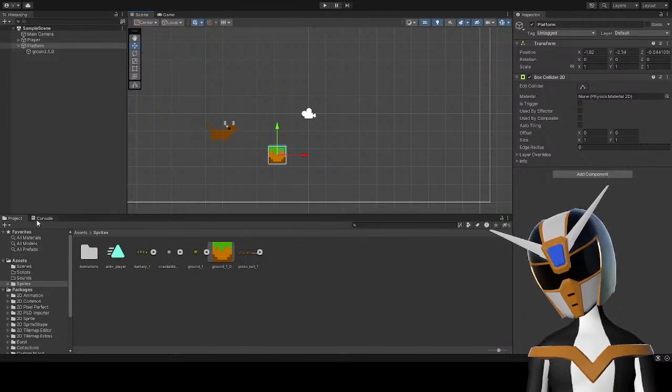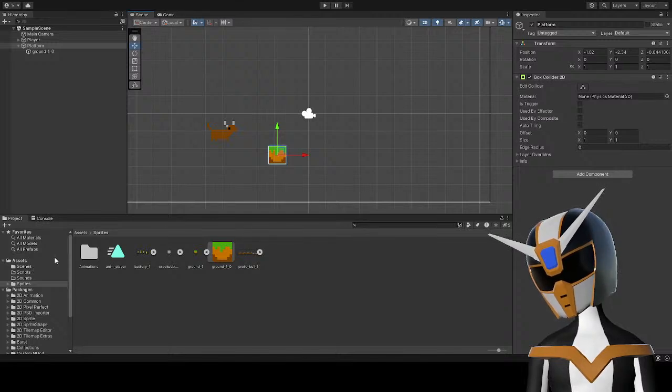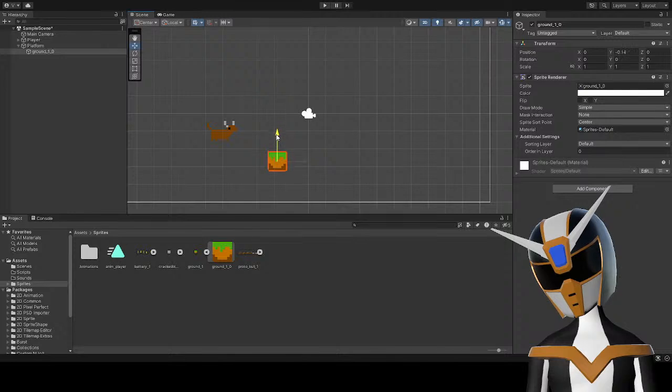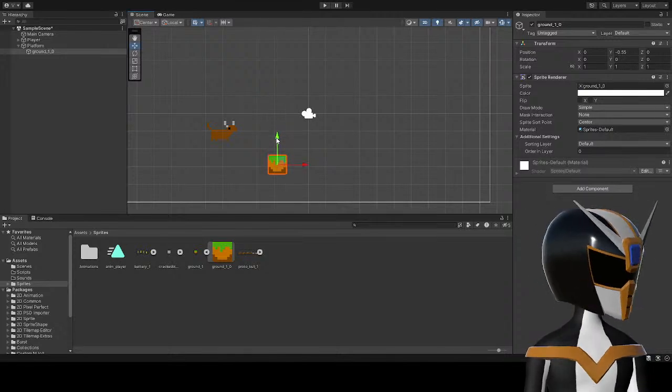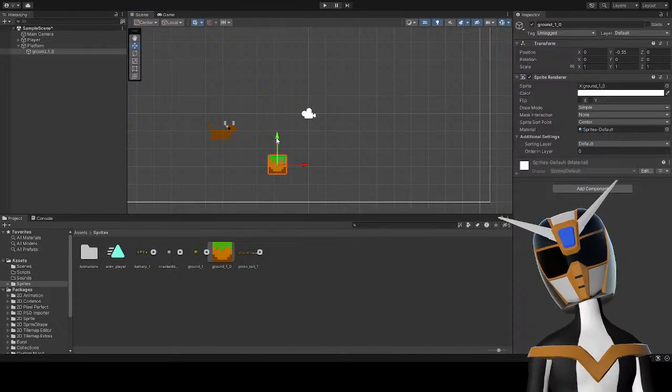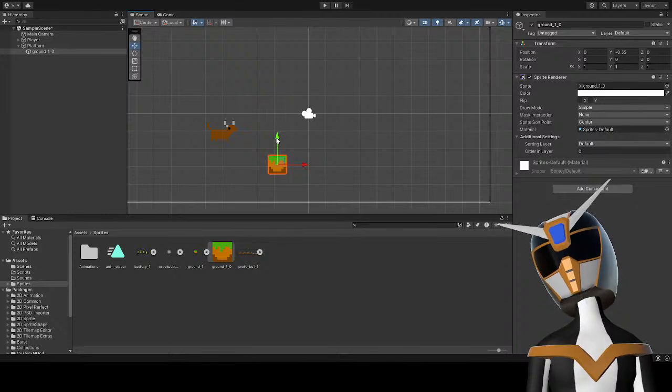Now I need a player movement script. Get things moving. Actually, okay, so this game is going to be a little bit of a roguelike, so I'm going to need a script for building platforms out of these blocks.